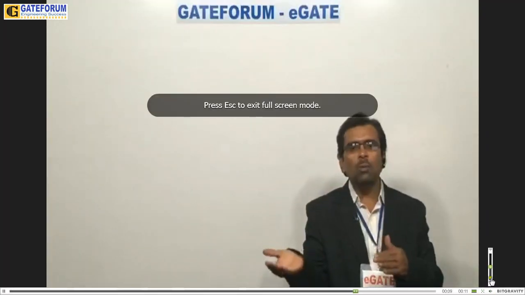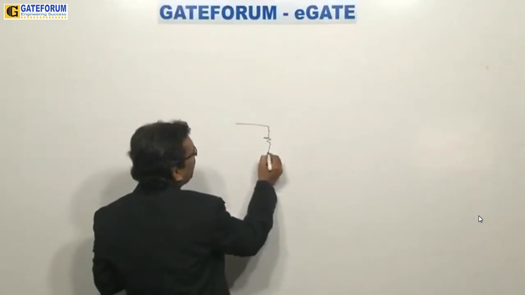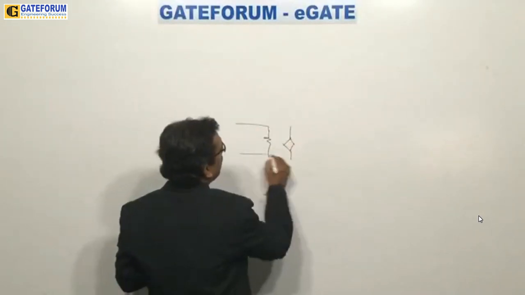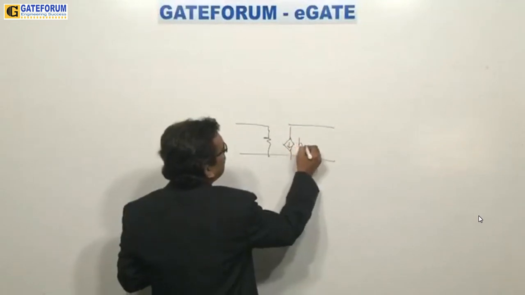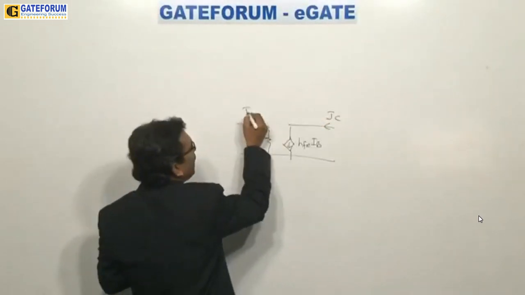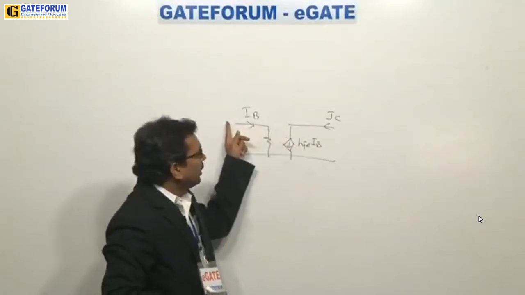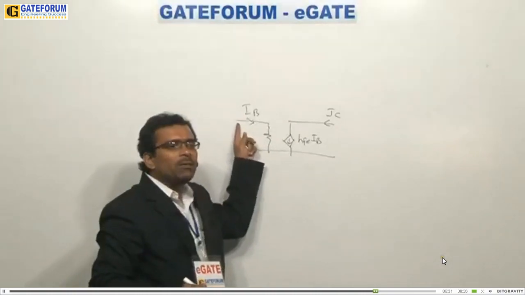It is a one-way function. If you see the H parameter model, we have written it here like this. Okay, HFE IB. This is here IC. This is here IB. Okay, now like this. So this small current will control this